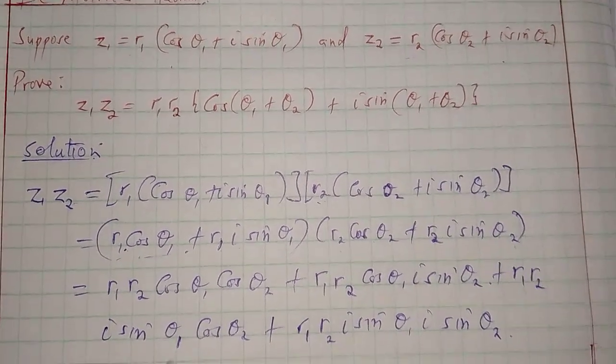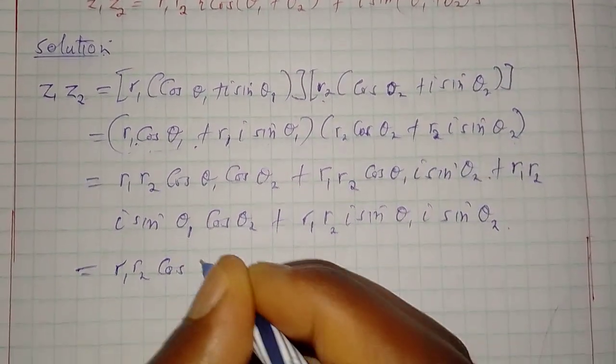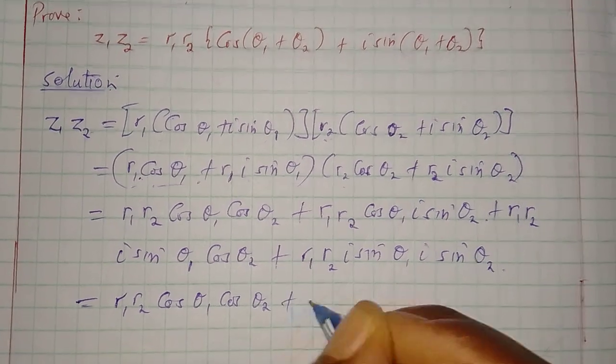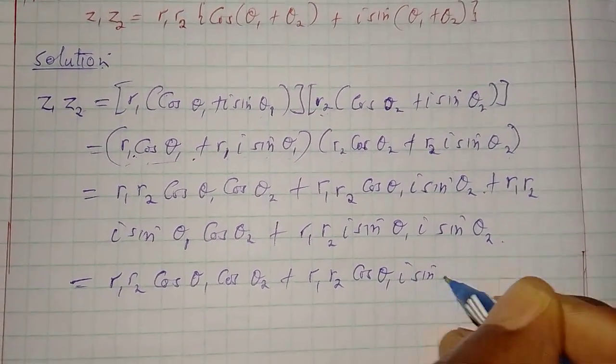Okay, this can be written as r1 r2 cos theta1 cos theta2 plus r1 r2 cos theta1 i sin